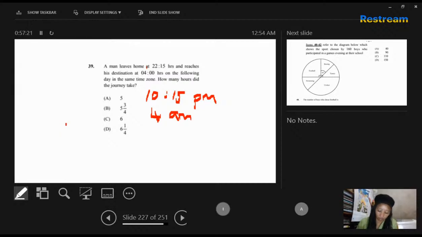6 hours, 6 and 4 hours. You sure? 10:15 to 11:15, so that's 1, 2, 3, 4. 10:15 to 11:15, 11:15 to 12:15, 12:15 to 1:15, 1:15 to 2:15, 2:15 to 3:15, and 3:15 to